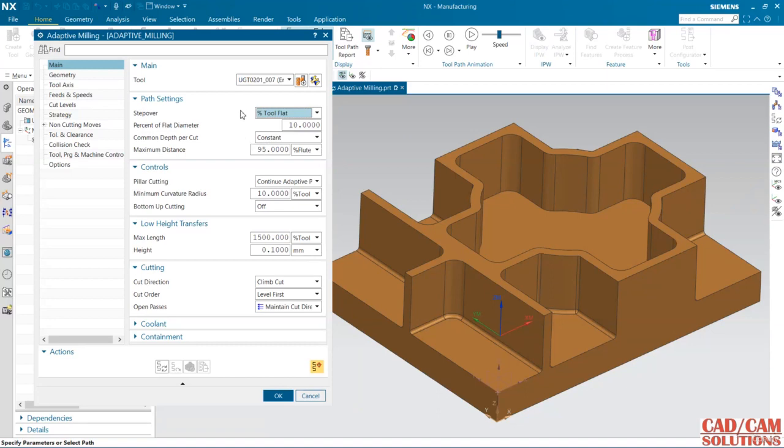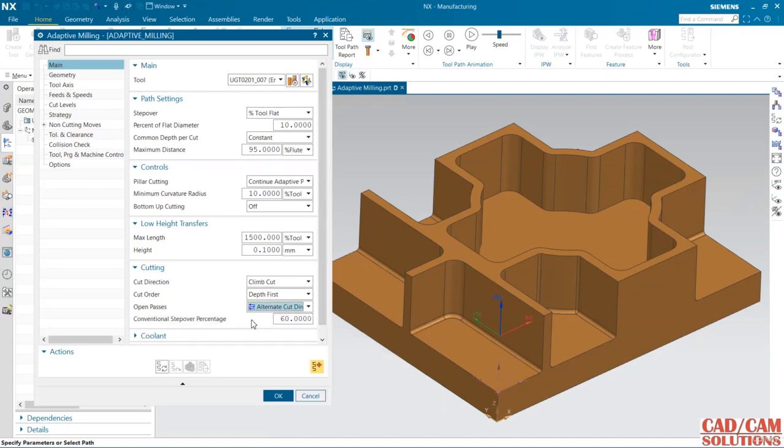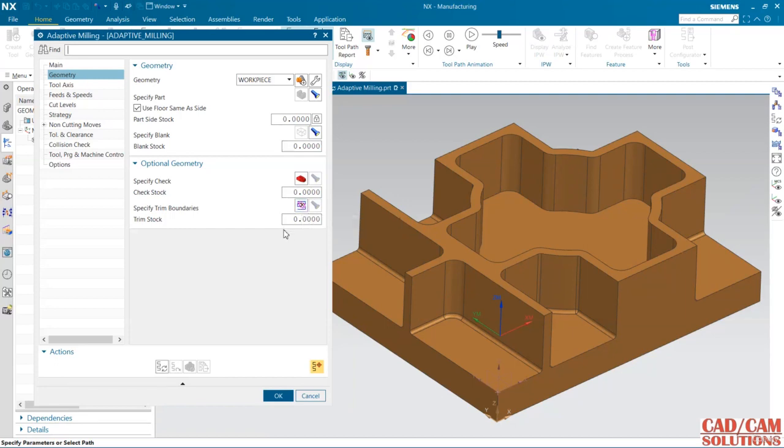Okay, so I'm using this parameter, and cut direction, and here depth first, and for open pass we can use this alternate cut method. This is like the zigzag for the open pass, and maintain cut direction is only the one-direction option. So for open passes I'm going to use this zigzag. And from the geometry, by default it selects the whole part, and if you want to specify any trim boundary we can specify. So no problem, just create, then we will specify the trim boundary